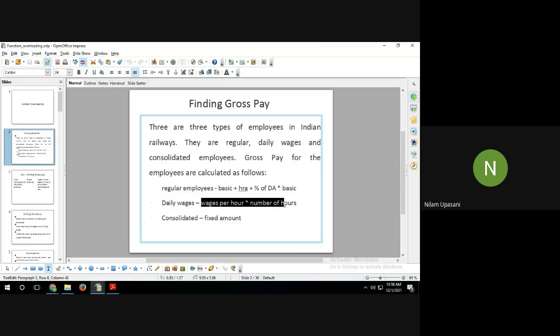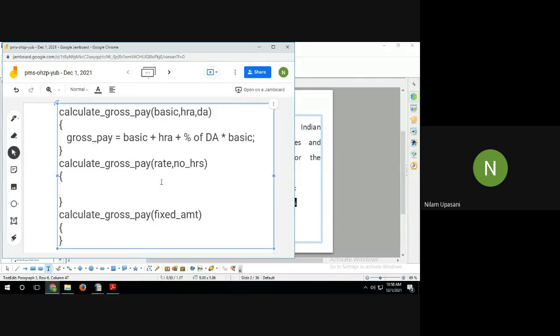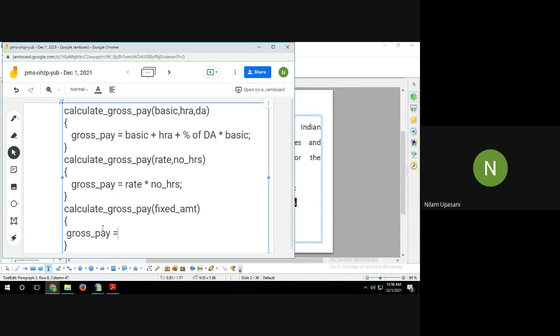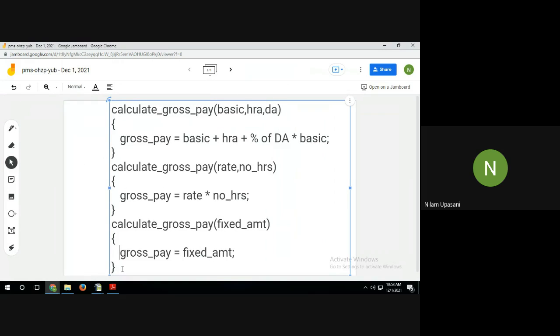So then for this again, the formula would be different. It is just the calculation of these two, na? So we'll calculate it like this. Control C. Okay, and here the gross pay would be equal to what? Directly this amount. Whatever is a fixed amount, the same will be assigned to gross pay. Okay, so if you observe this,